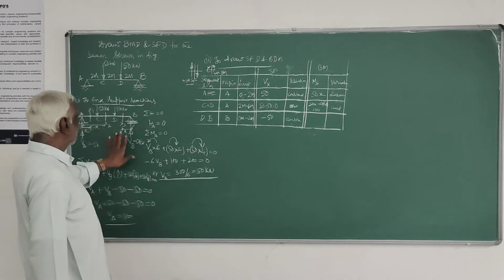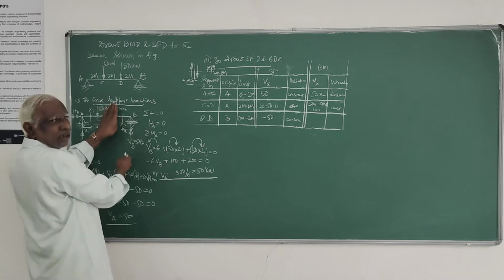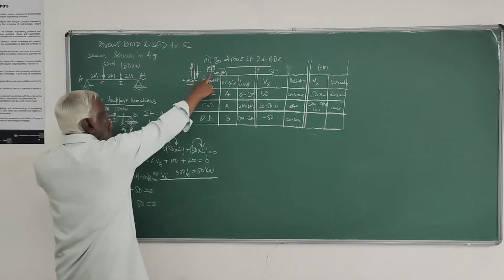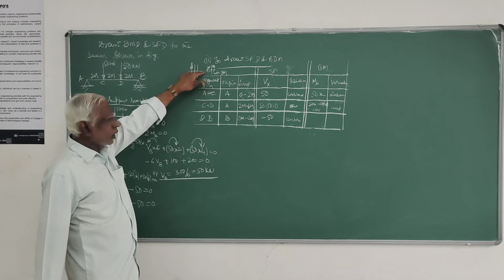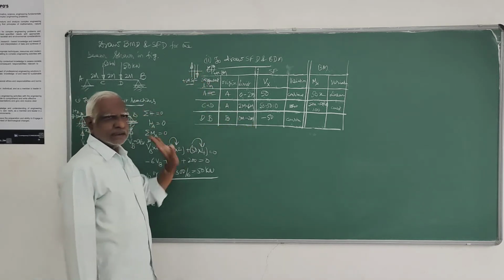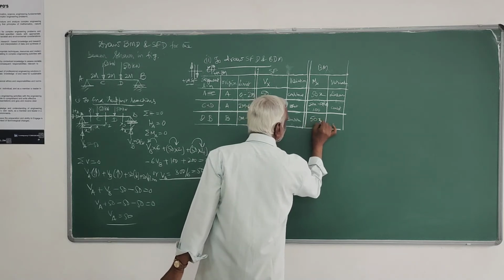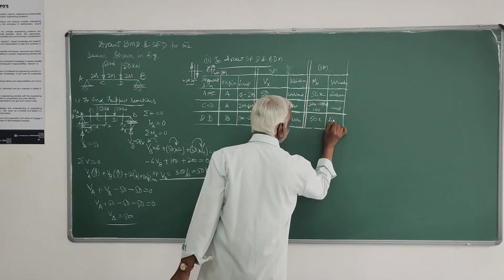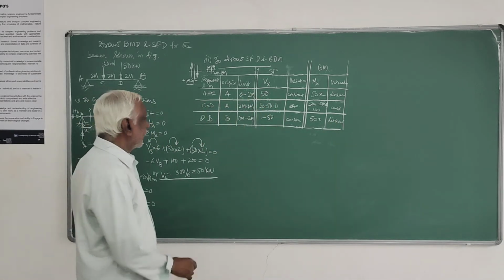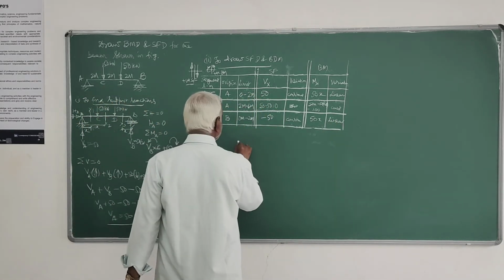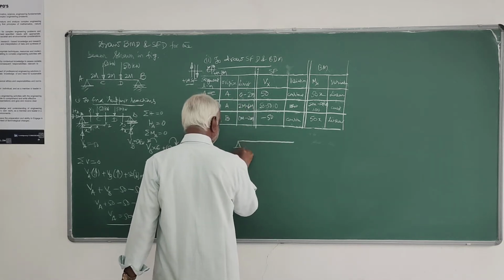Then this, it is 50 into x, it is positive. Anti-clockwise means positive. That same convention, you can write it at the top of the table, that will be implied. So this is also positive. So this is linear variation. Right? Now you can plot the bending moment and shear force diagram.